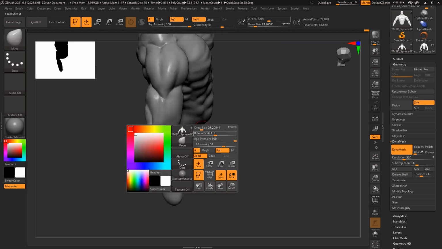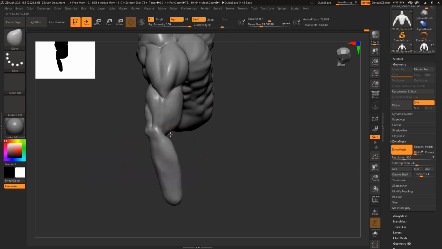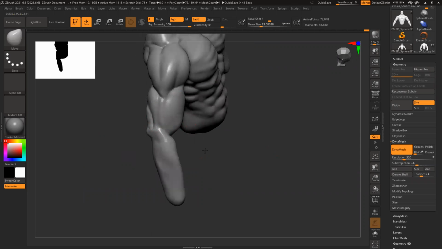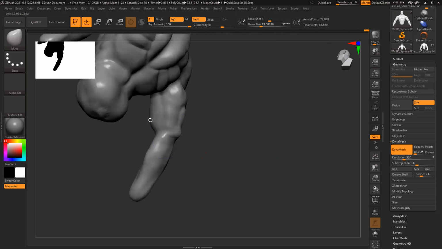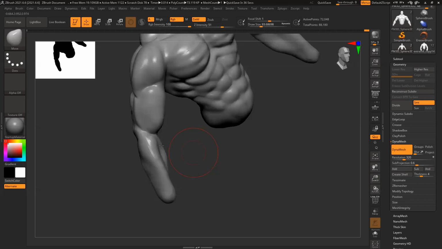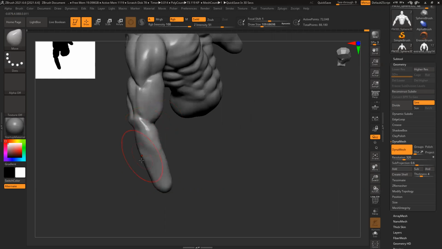So you can see the side view. This part is so thin, it cannot be this thin, because based on the width and the size and scale of the model and this muscular character, this area cannot be this thin. And the forearm is slightly curved, it's not 100% straight.